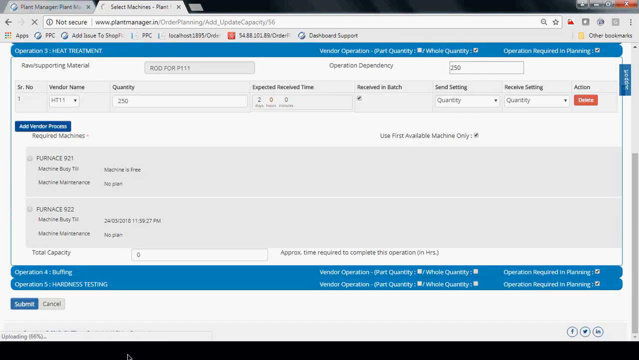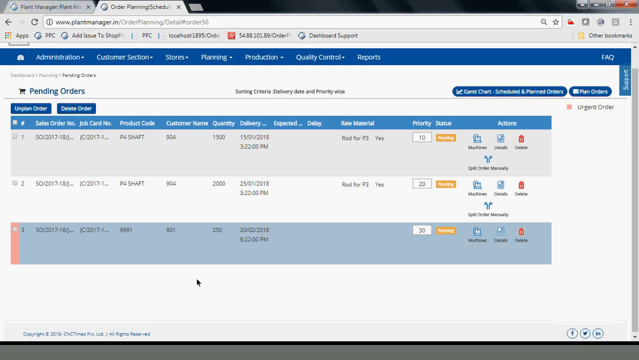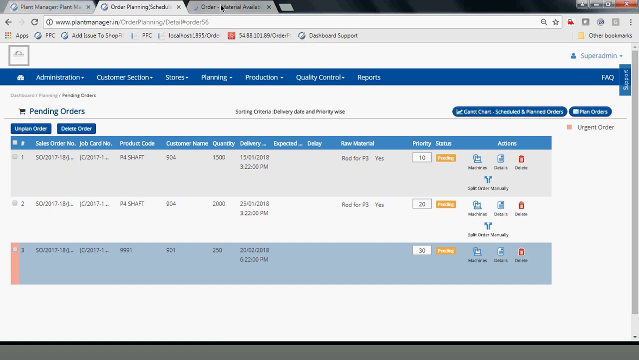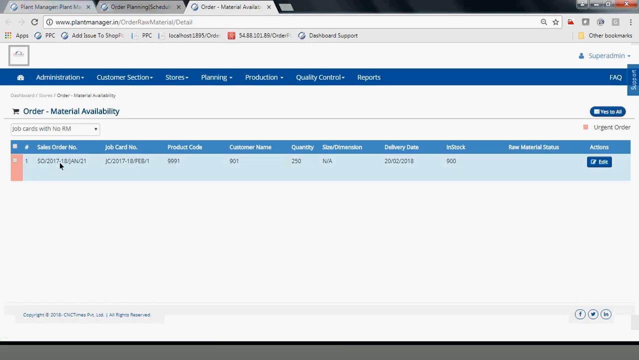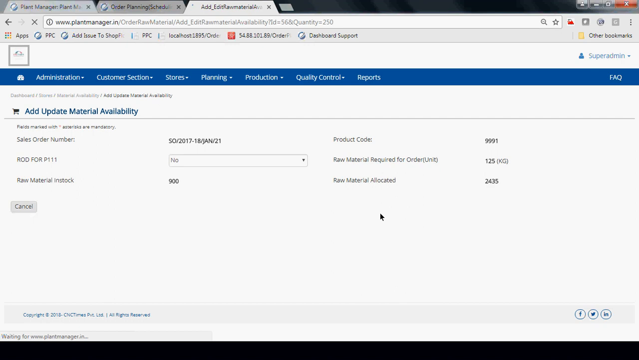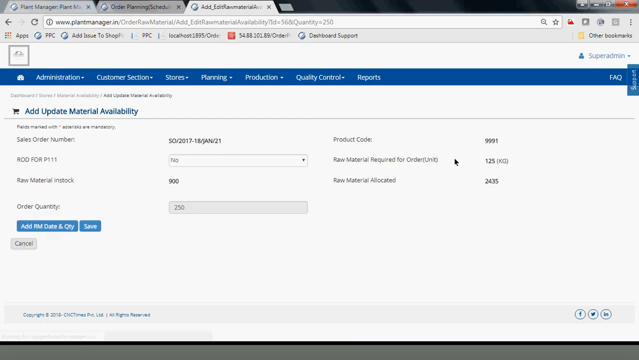So once I do that, I am through with machine selection. Now I have to do my material planning. So I have to go to stores, go to my order material availability page. Here I will see that particular order, and when I go to edit, I will see this is my SO number, this is my product code, this is the raw material that I need for manufacturing